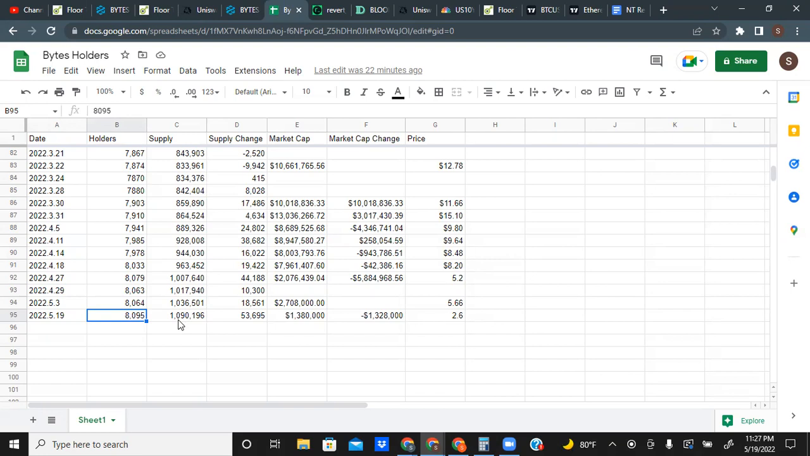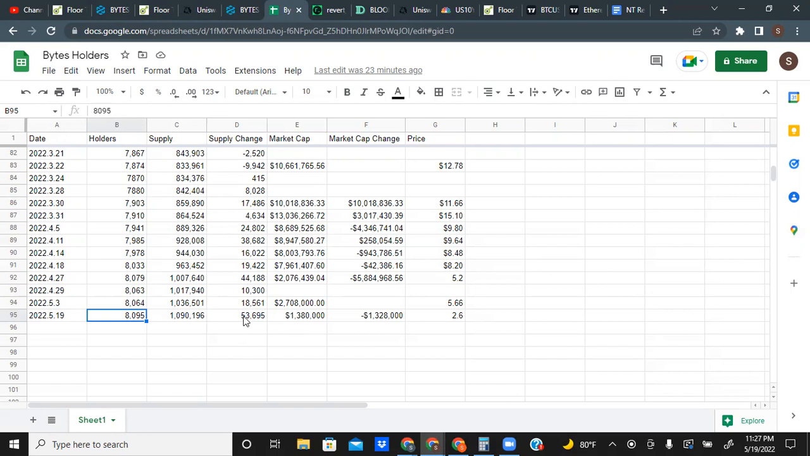There's no real utility for Bytes. There's no reason for outsiders to be coming in and buying Bytes other than speculation. So what's happening essentially is just people within the community are selling to each other, right? So you've got the impatient selling to the patient. So that's basically it. The supply change over the last 16 days